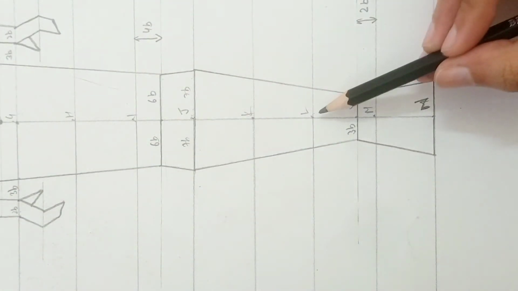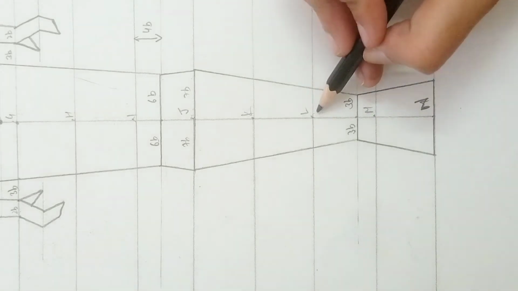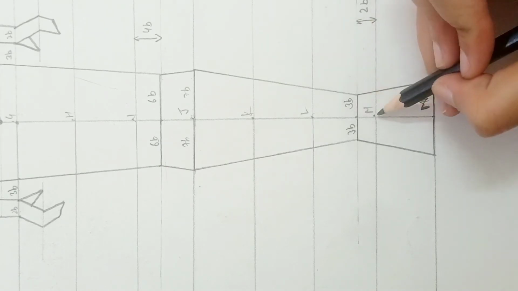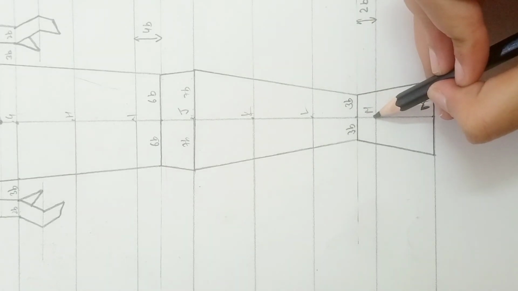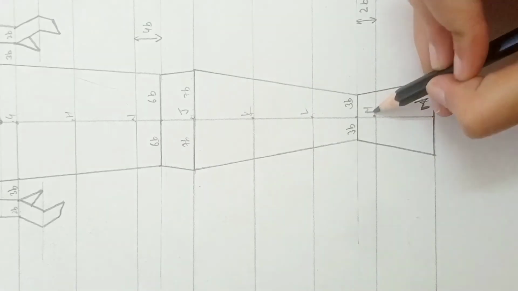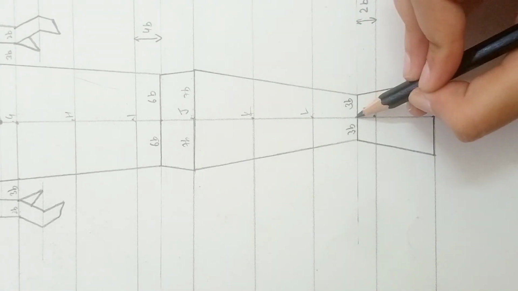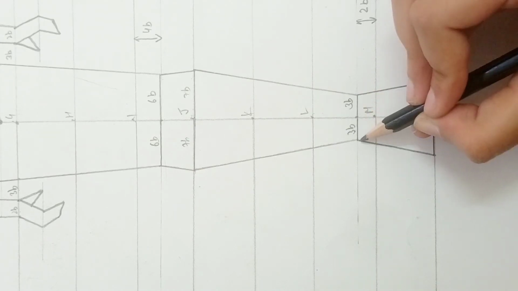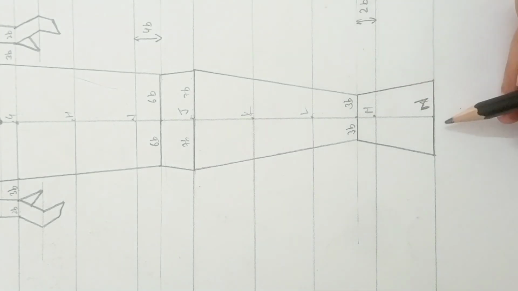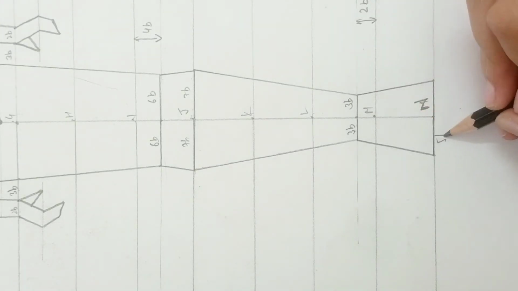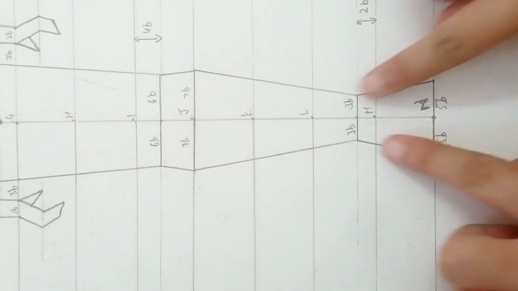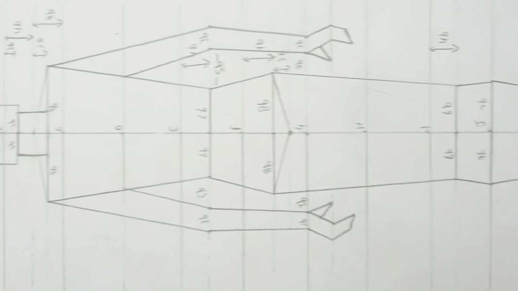Coming on to this L and M section, at L and M we have taken 2 block distance. So from this point M I have marked a point 2 blocks above M, and at that point I have drawn 3 blocks on both sides. Then coming on to this foot section, I have drawn 5 blocks from this point. Then join these lines and you will get this kind of figure.